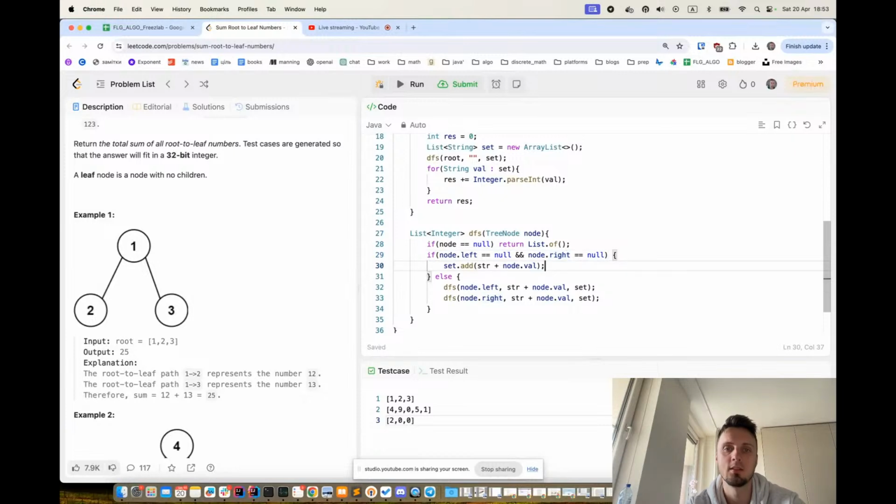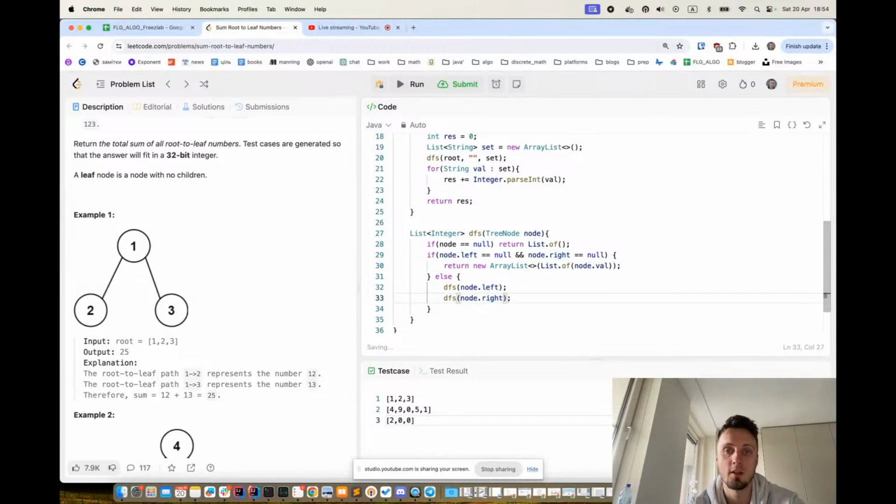When it is the last one, I think we should return a new array list, and here it should be a list of node value. Then we are doing two DFS calls, first for left